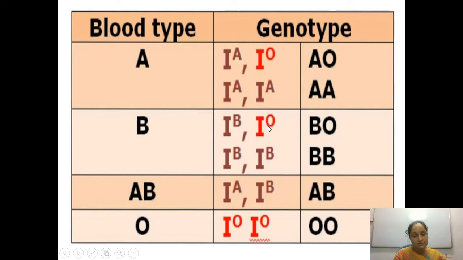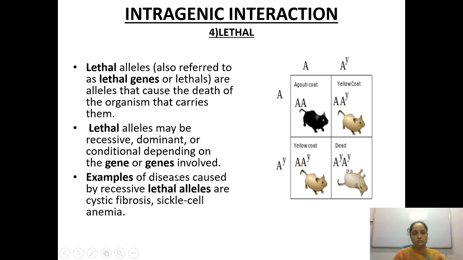IB I0 blood group B, because this is not showing any of the dominating character. This is totally recessive. And here also AB means both the antigens are active and they are showing its codominance. हम साथ हैं वाला पॉलिसी इनका है. तो IA IB अगर एंटीजन है तो ब्लड ग्रुप विल बी AB. एंड O कब होगा? जब IO ठीक है, कोई एंटीजन नहीं होगा. So this is what is known as the multiple alleles. तो ये देखिए ये क्या है, ये सब है आपके multiple alleles AB O.